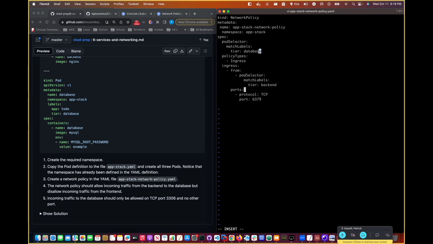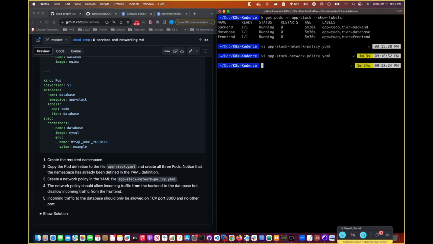Now that we have a network policy attached to this database pod, it says the incoming traffic to the database should only be allowed on TCP port 3306. So the only thing that we need to do now is just update this port here to 3306. And yeah, let's save that here, and then let's do an apply or create rather, minus F, and then